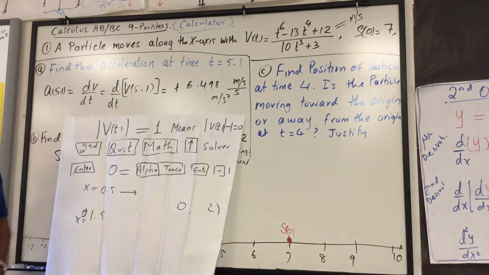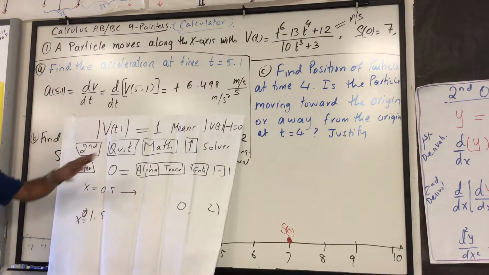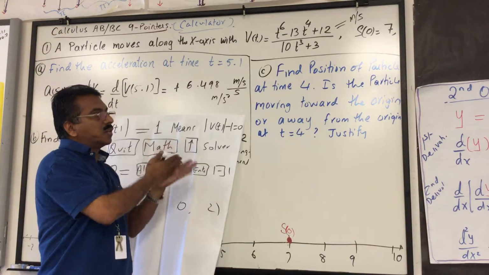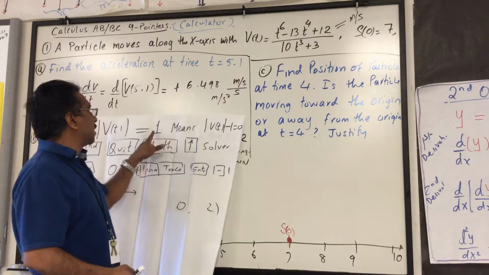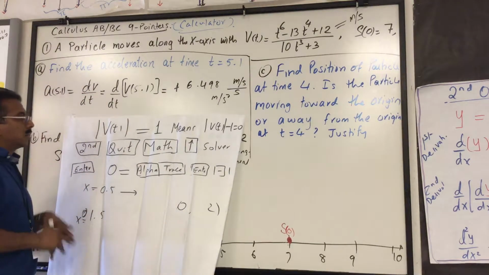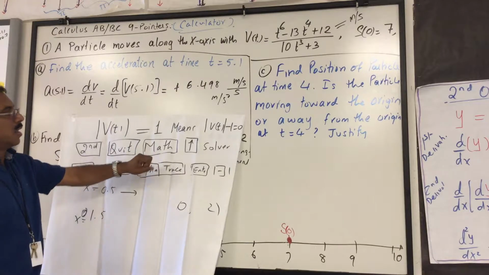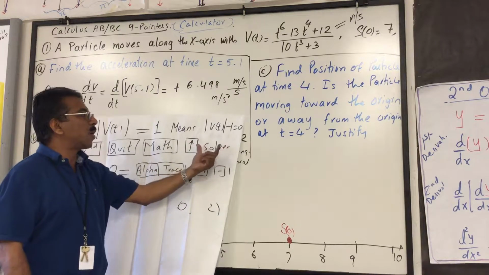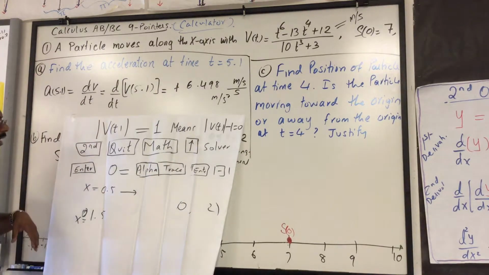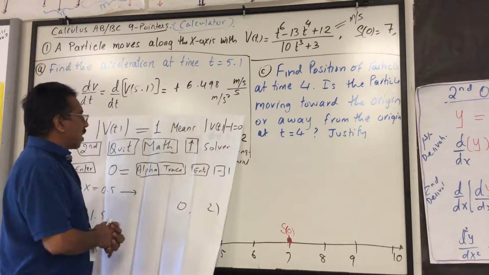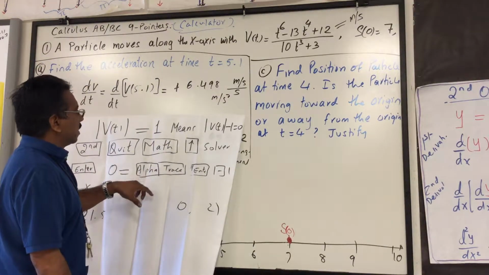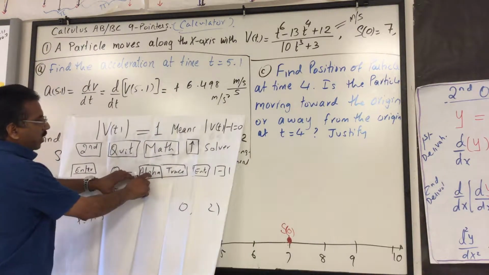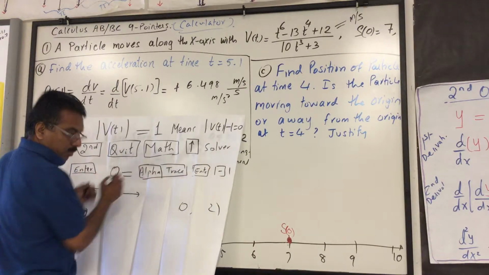So I want to know what this is when the velocity is 1. For that you subtract 1, so that in the equation solver on your calculator we have 0 equals, so this is what you get by subtracting 1. Then go to second, quick maths. Now this is a shortcut here: click the up arrow and then the solver pops up directly. Enter that and 0 equals. Now I made a little mistake, since we want the absolute value of that, so before going here, I wanted to write here